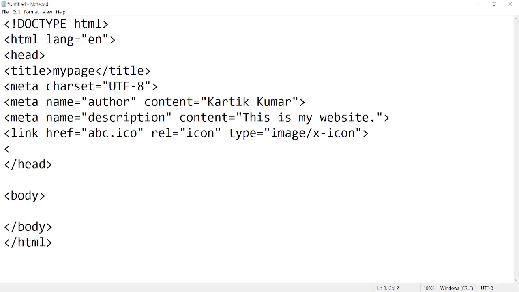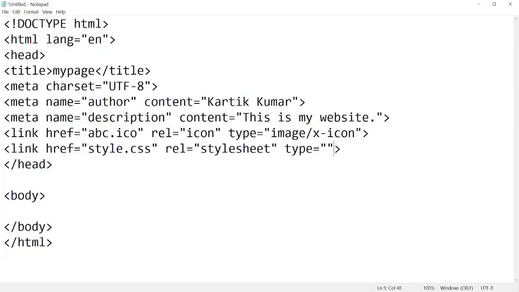Okay, the another thing that you want is linking your CSS. So the same goes over here, but it is optional. If you don't have CSS, you will not write over here. It goes the same like this. You give the reference of your CSS, like style.css, and then you say what is the relation with the HTML, and you write over here that it is a stylesheet, and then go over here in the type attribute and write what type of thing this is. Then this is a text file which is a CSS file.